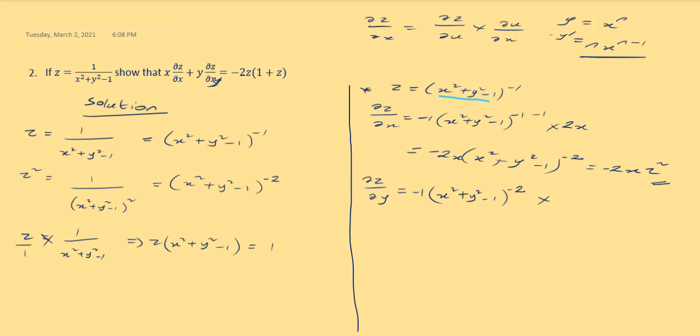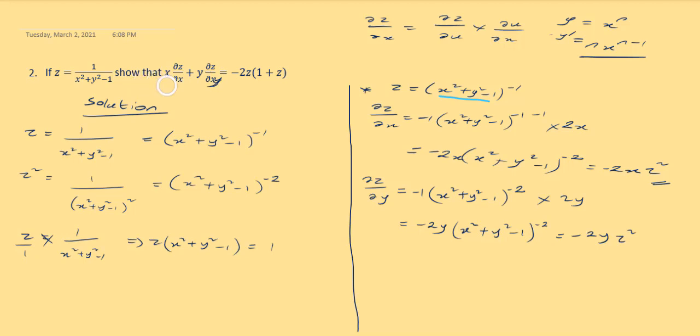Differentiate s square, the answer is 0 because now I am differentiating with respect to y. Differentiate y square, the answer is 2y. Differentiate 1, a constant, the answer will be 0. So at the end of the day, this will give me minus 2y, because minus 1 times 2y will give me minus 2y, open bracket, s square plus y square minus 1 raised to the power of negative 2. So this will be equal to